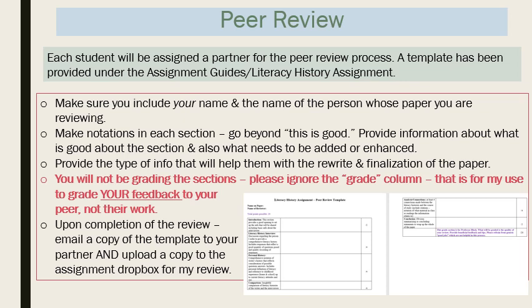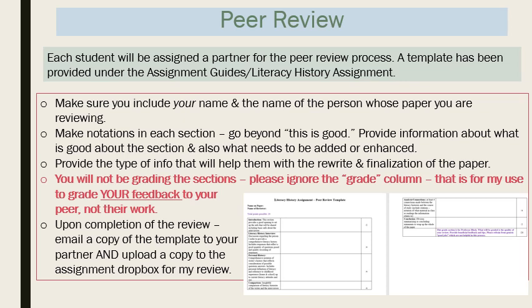And we definitely want to be able to read a paper and look at it and find key things, strengths that we can accentuate, and also some areas for improvement. And so obviously as teachers, we're going to be doing that a lot with our students, but we should be able to do it as well with our peers. And for me, if I get a good peer review from somebody, it provides me some key points that I can utilize as I'm doing my rewrite of my paper. So I want us to do this.